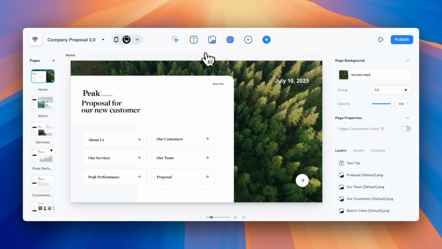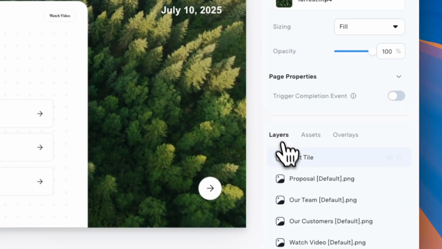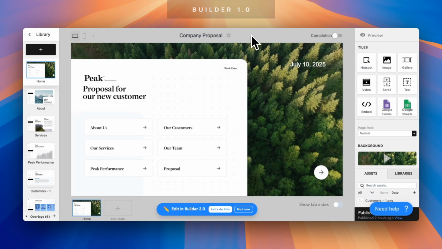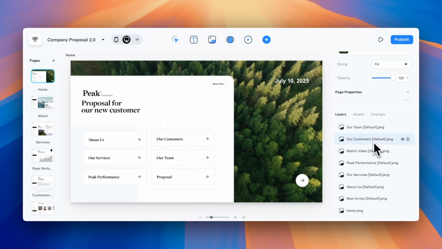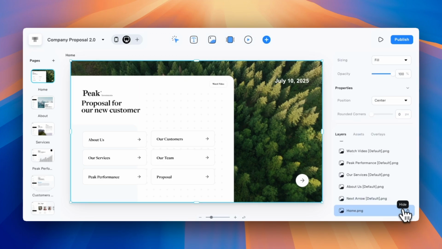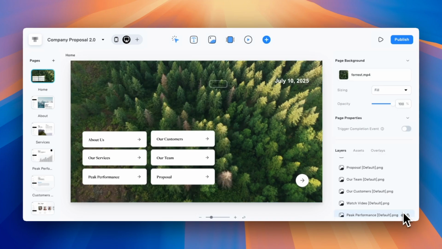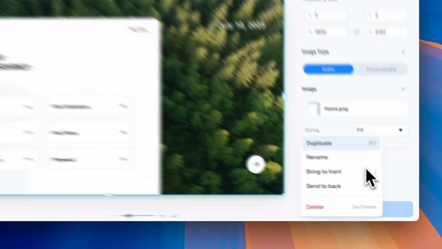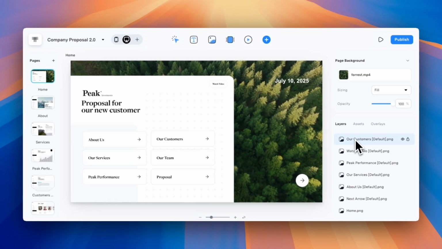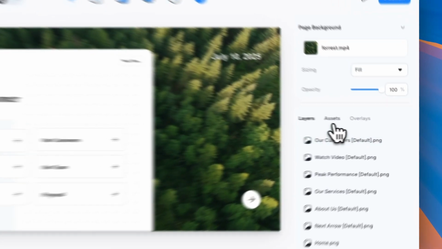One addition that might have caught your eye is the addition of a Layers panel, which in Builder 1.0, we know it was pretty cumbersome to have to go from front to back to back to back to front to rearrange your layers. In the new Layers panel, you have the ability to select a specific layer to make changes to your settings, hide a layer, as well as lock layers, along with duplicating and renaming them. Just in case you were wondering, if you rename your layer, it's not going to change the name of the